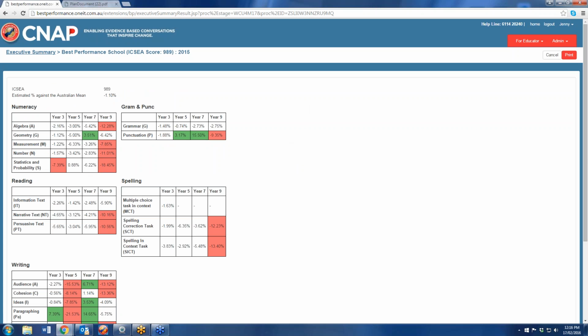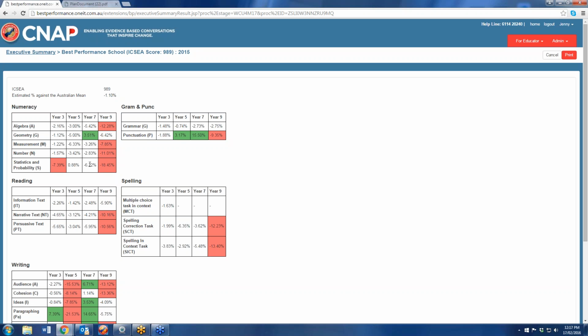straight away what you're given is a summary of the performance for each year level, 3, 5, 7 and 9, based upon the metrics that I described in the previous session. So remember I said that our performance expectation was -2%. So anything that sits in that range will be white, i.e. 5% either side of -2%. However, anything out of the range beneath will be red.